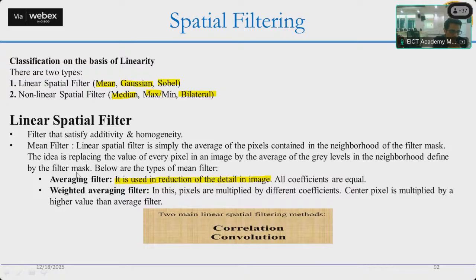So the very popular and very simple filter is the mean filter. You would have observed that when you scan an image, even on your mobile, different types of filters are there. For example, they will give you the option whether you want to take the original image, the dark image, or the light image, etc. These are there. So how are you able to do that? Again, using these filters.